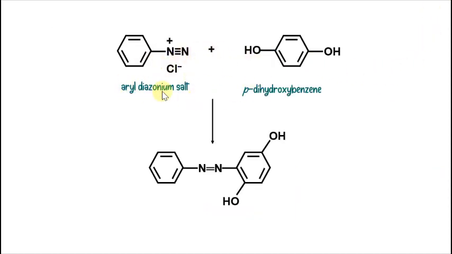Last but not least, if we react our benzene diazonium salt with para dihydroxybenzene, so now the OH is on the first and fourth carbon of benzene. Okay, so these two carbons and these two carbons, since it is symmetrical, our N double bond N, it does not matter where it goes, here or here or here, it is all the same, because it is symmetrical. So let's say I'll put it here, okay, so the same here actually, the N triple bond will become N double bond, okay, N double bond N, alright,